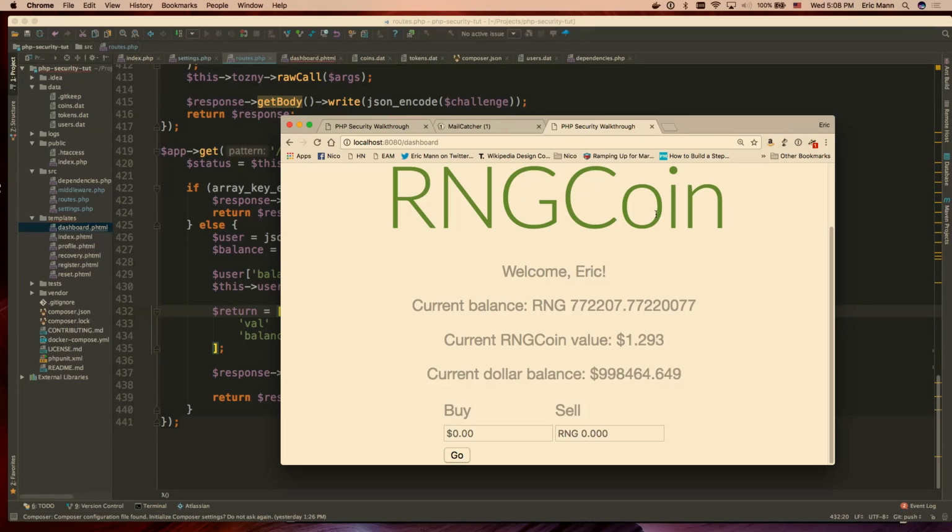So if anybody is seeing Google Prompt when you try to log into another Google service, just installing Google Search on your phone means you can receive push notifications from Google to log into Gmail on a different device. So you can actually use Google Prompt to have two-factor authentication for Gmail on your computer by way of push notification through your phone. So it gives you that added level of security, which we just did with our RNG coin. So if I come in here now and I want to sell everything,